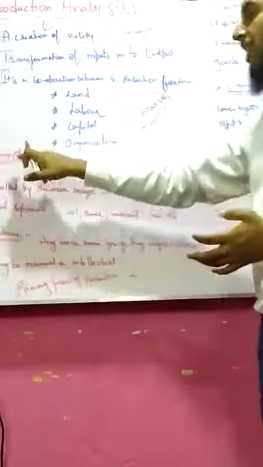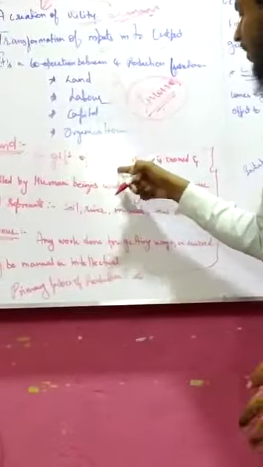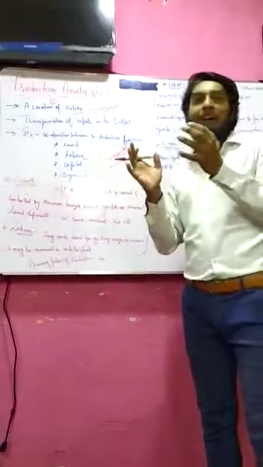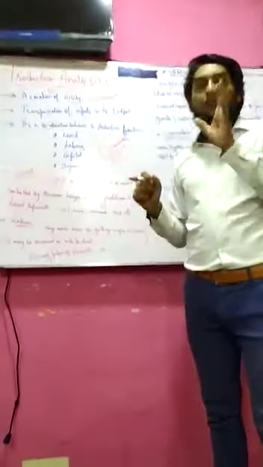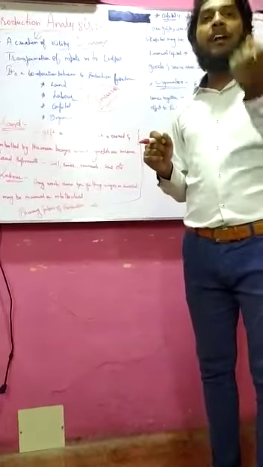Okay? Now first, land. A gift of nature which is owned and controlled by human beings, which is an income. Okay? So, land is what? A gift by nature. It has not been created by a human being. It's a gift given by the Almighty and it is owned. But it is owned by, it is controlled by.